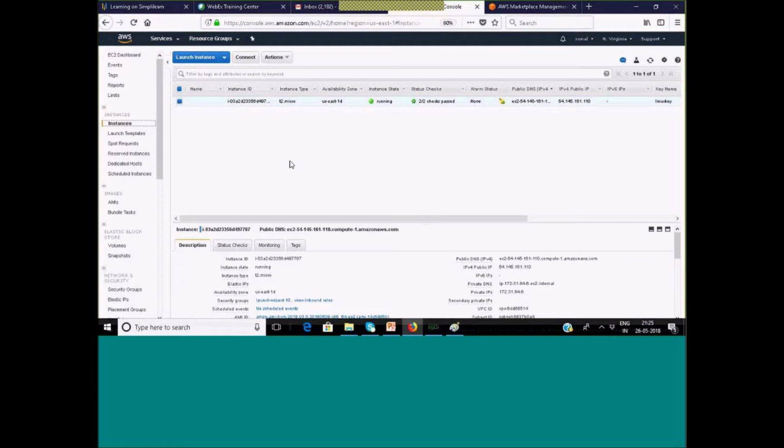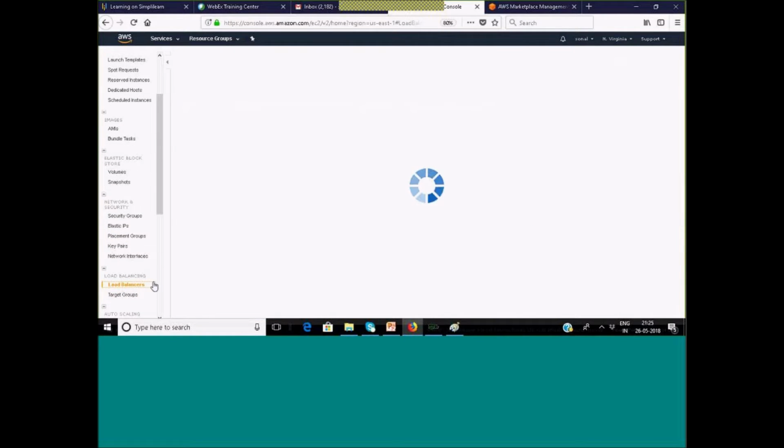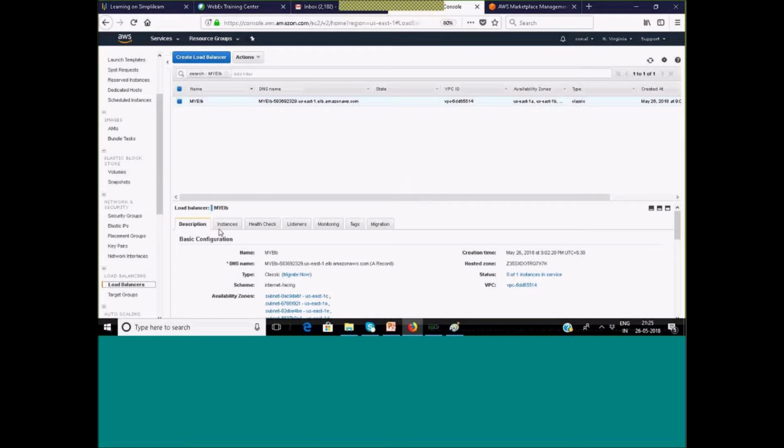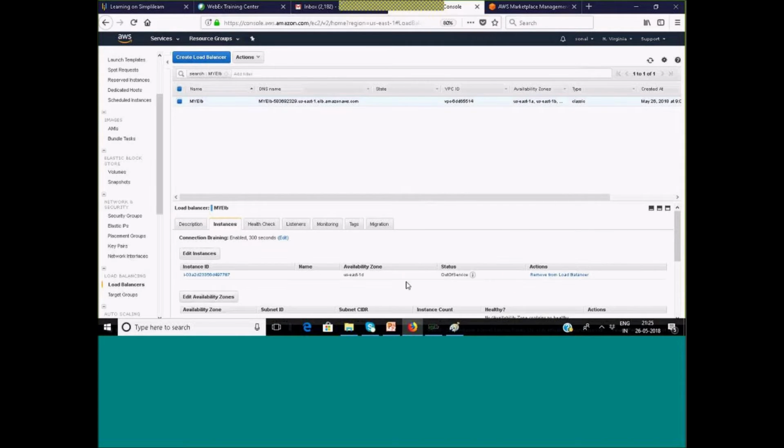Now the problem is that, okay, I got why it is. I will just go here. Though my instance is in the active state, guys, you're back, right? Because I started. Though my instance is in active state, you can see here behind the load balancer it is out of service. It means that the load balancer will not be able to reach this instance.